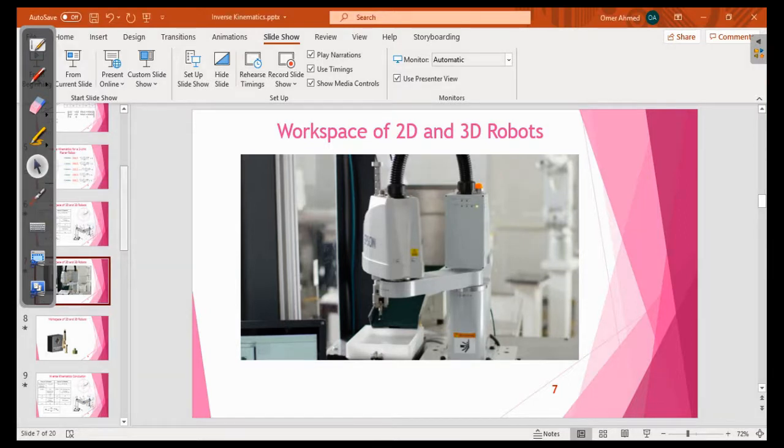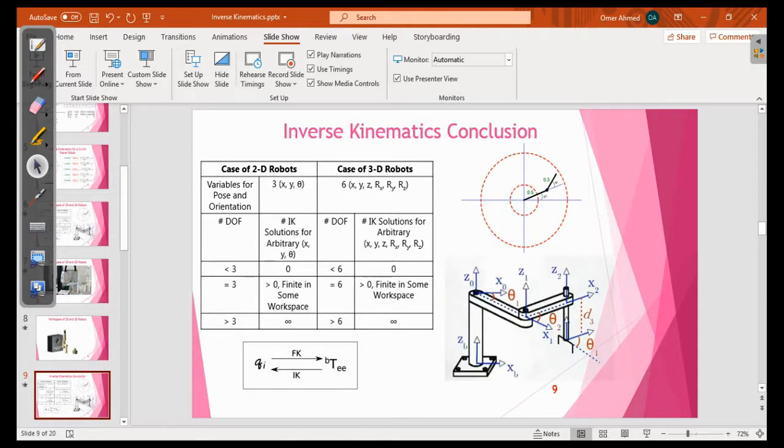Okay, so let's recap our inverse kinematics lecture. Inverse kinematics is essentially the task where we are given a desired transform from the base to the end effector, and we have to come up with the values of all the joint angles, the qi's. The way to do it, at least for analytical inverse kinematics, is we first compute the forward kinematics, and then we just invert it. And we get an analytical formula for our inverse kinematics.